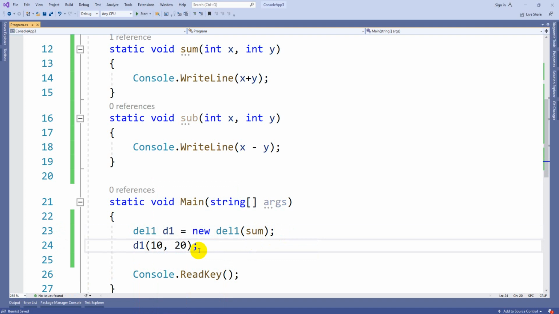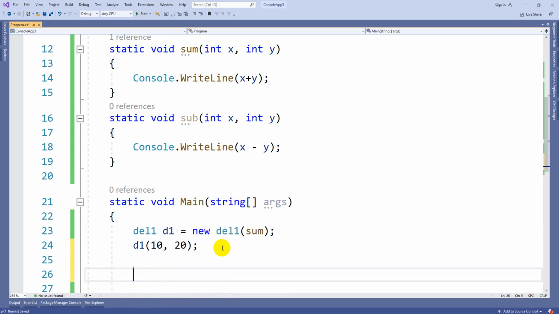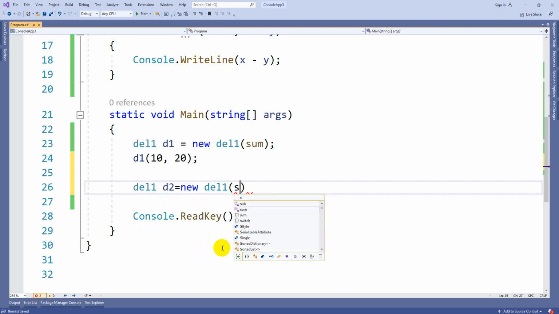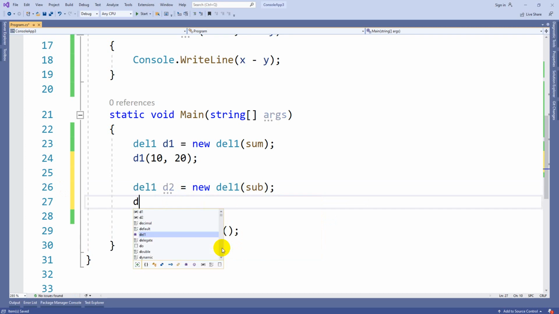Since this delegate is targeting the sum method, it will invoke the sum method directly. Similarly, del1 d2 is equal to new del1 of the subtract method. This time we are pointing to the subtract method, d2 of 10 comma 6, something like this.